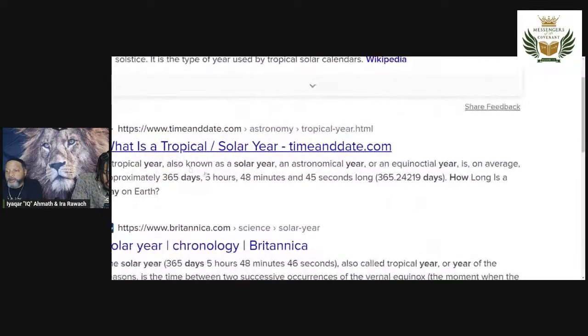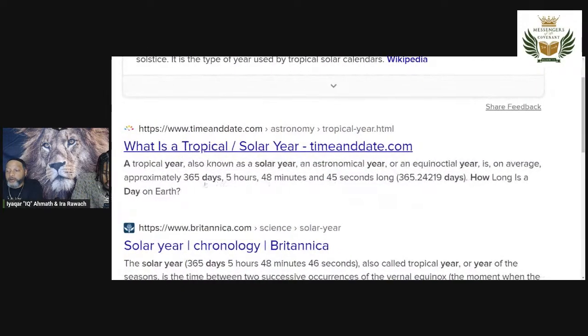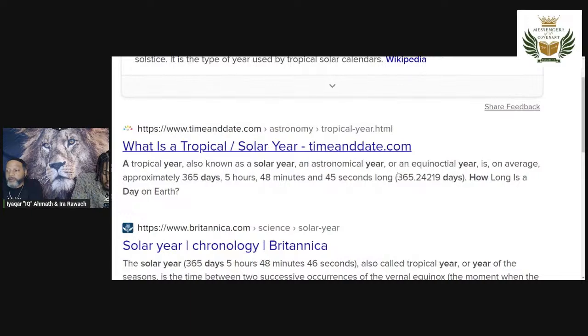So we can look here, known as a tropical or a solar year, generally 365 days. The 0.2 isn't enough to round up to 366, right? So we leave it, we call it fair at 365. That's where America gets their 365 days in a year. Why? Because they worship the sun. They're only concerned with what the sun has to say.